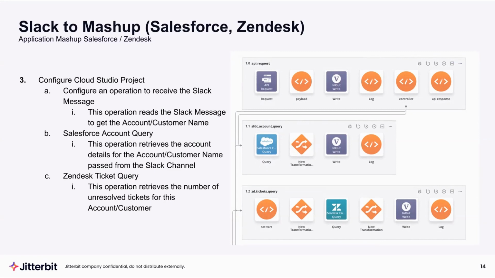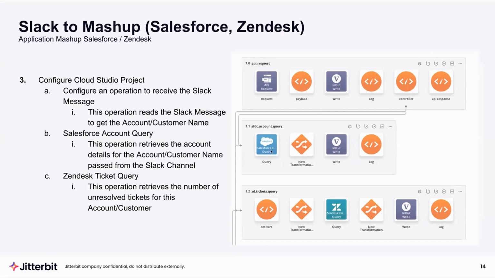Based on that payload, we parse out the name of the account or customer name. We use that customer name to configure our second operation to do a query by passing that variable